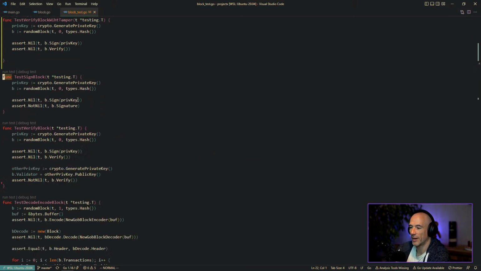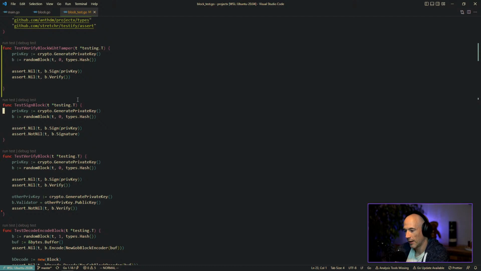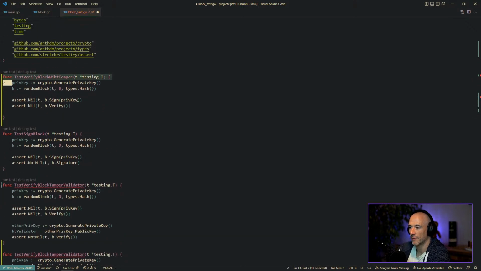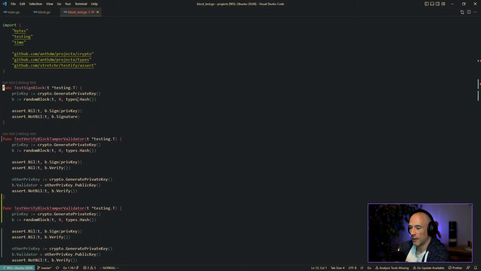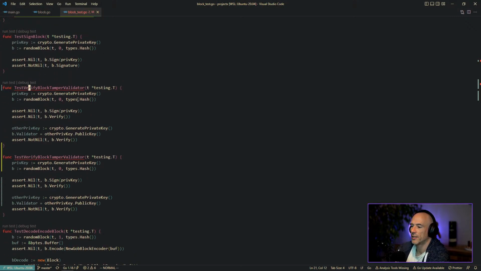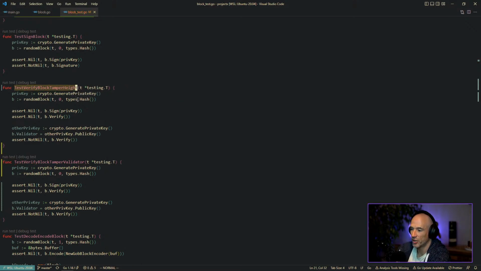So we can actually try to modify something else. Wait. We could say test verify block to make this actually nice. Test verify block tamper validator. Like this, and then actually we could copy this whole test. Paste it in, delete this one. Test verify block tamper validator. We're going to say tamper height or something, right? Maybe somebody wants to adjust the height. So instead of